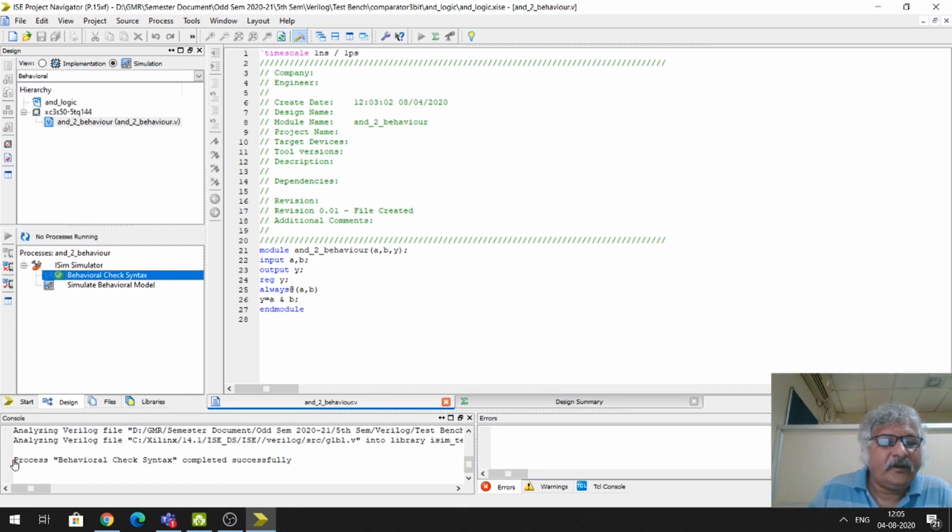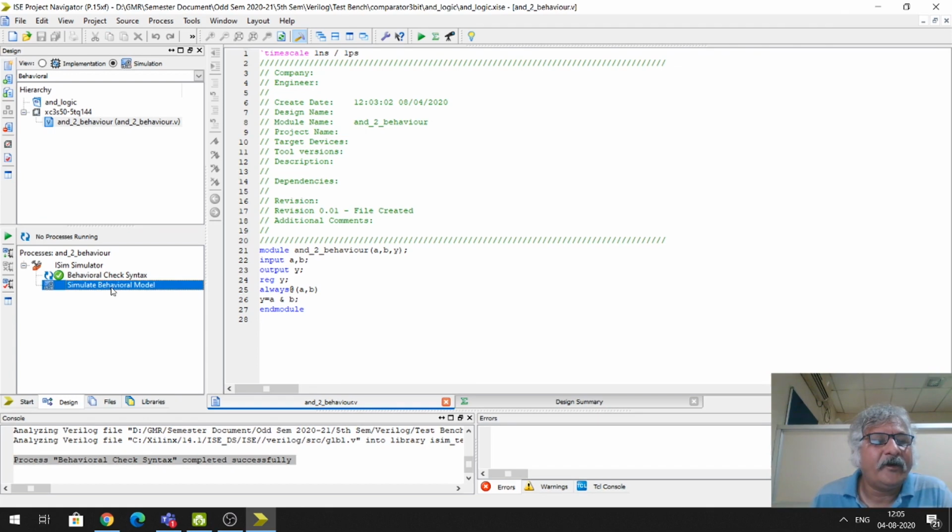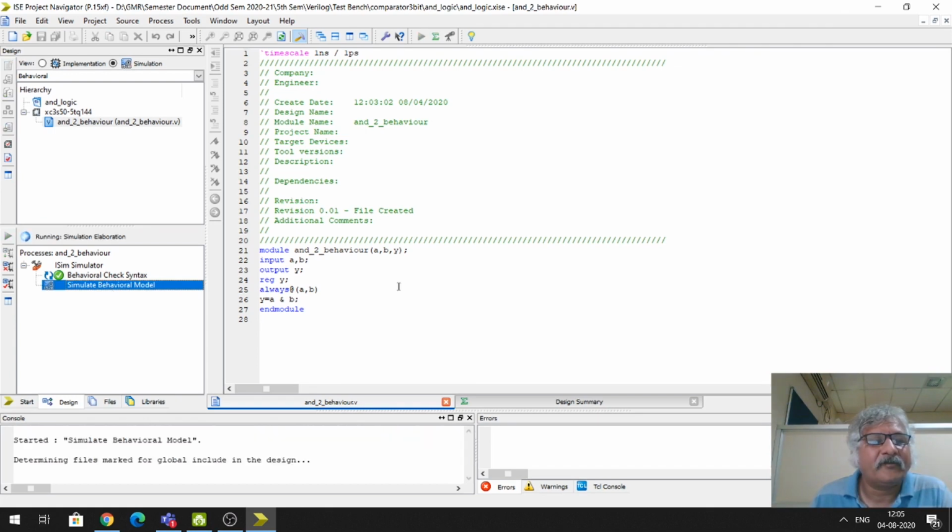Now you can see in this console it is written: process behavioral check syntax completed successfully. So there is no error in the code. The syntax check is completed. Now the next option, simulate behavior model. I will simulate this.